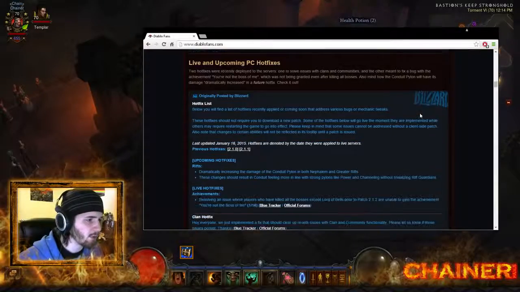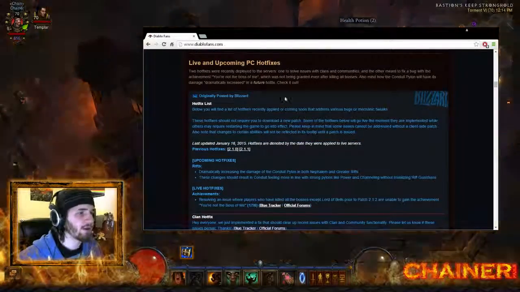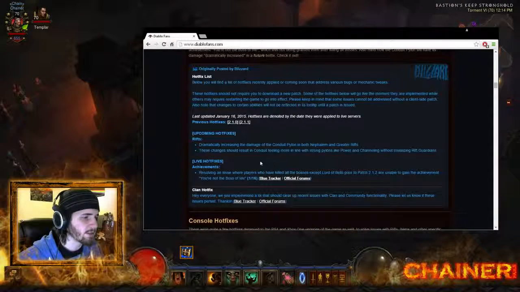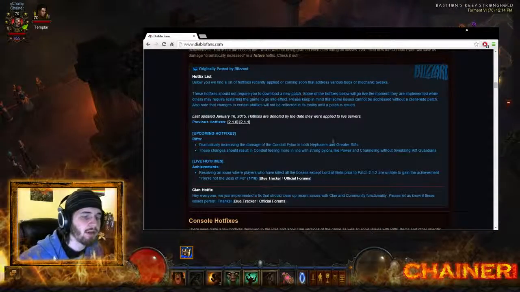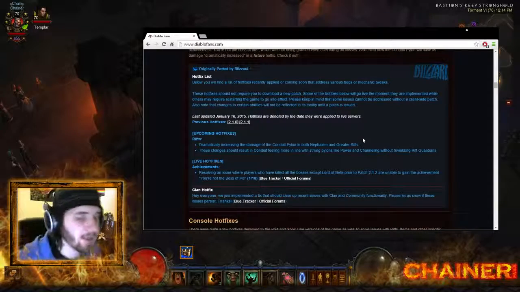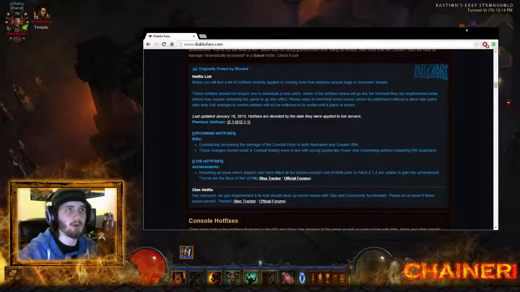Alright, so let's scroll up a little bit over here. Live and upcoming hotfixes. Where is it? Where is it? Dramatically increasing the damage of the Conduit Pylon in both Nephilim and Greater Rifts. So there it is. As you guys know, in patch 2.1.1,